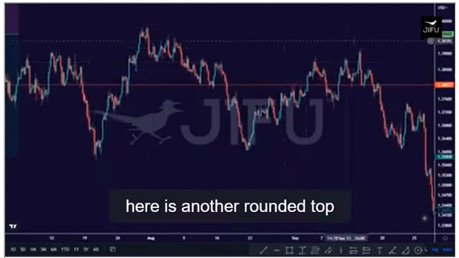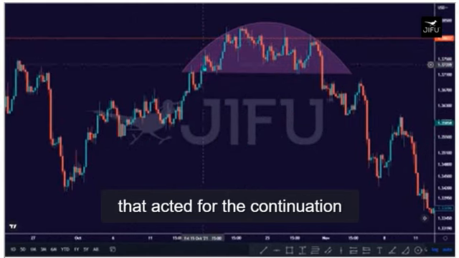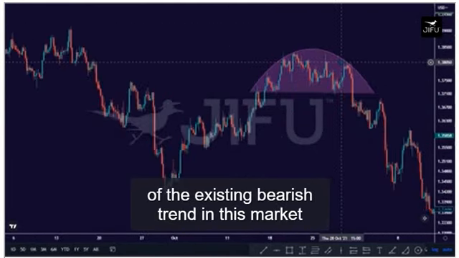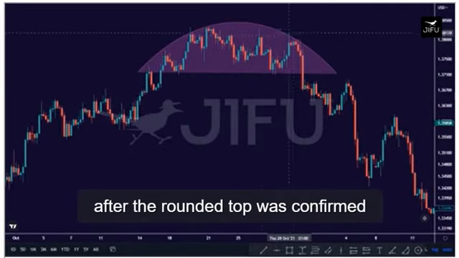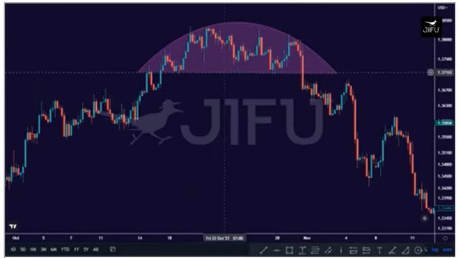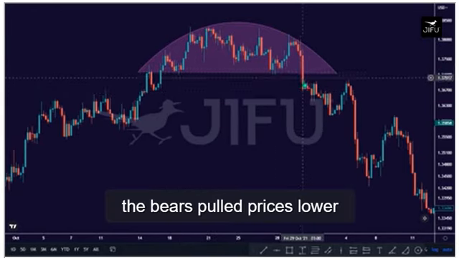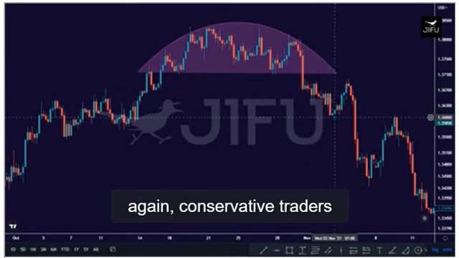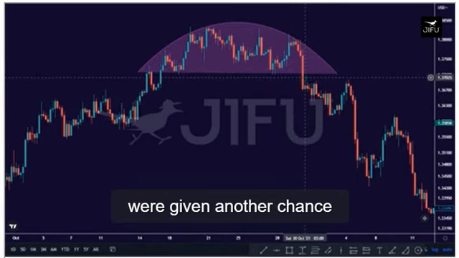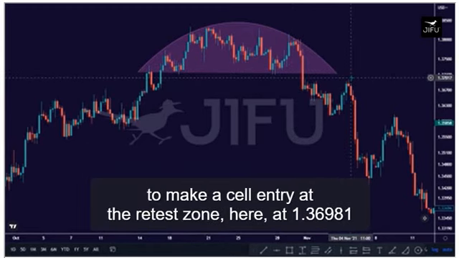Here is another rounded top that acted as a continuation of the existing bearish trend in this market. After the rounded top was confirmed by a strong bearish close of the price below the brim of the pattern, the bears pulled prices lower. Again, conservative traders who ignored the first bearish price breakout were given another chance to make a sell entry at the retest zone here at